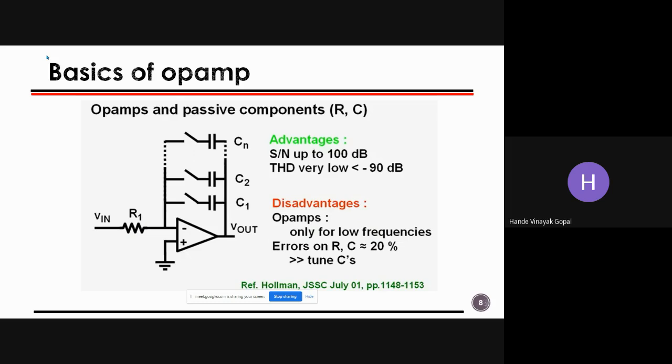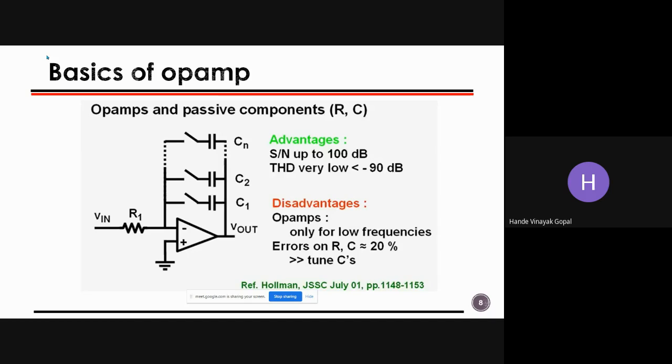particularly this application. If I'm using different switches to connect different values of capacitor, then depending upon the value of capacitor, we'll get a different low pass filter. It's nothing but integration. If I'm using RC, we have errors which are lesser than 20%. And generally these RC filters along with the op-amp are quite helpful to get